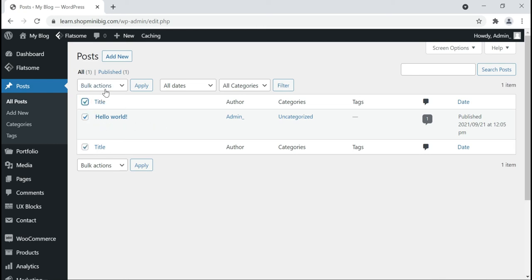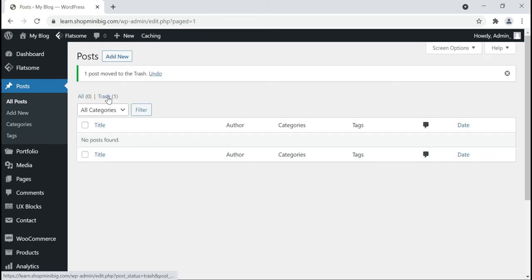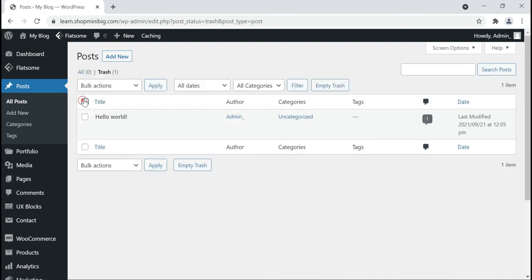If you have many blogs, you can click on bulk action, then click move to trash, then click apply. Then click trash. Click on bulk action and then delete permanently. Click apply.